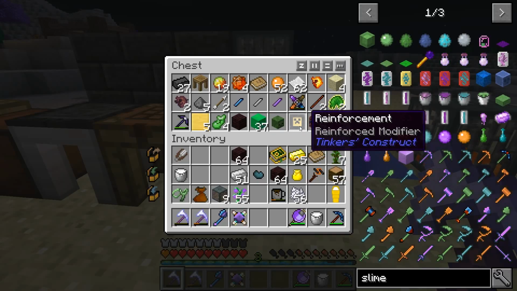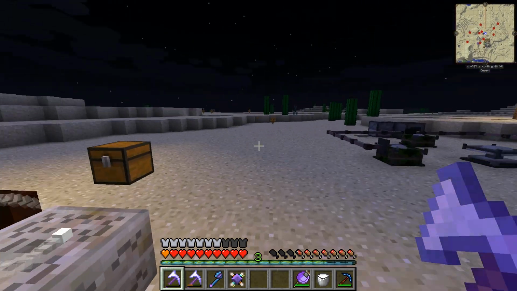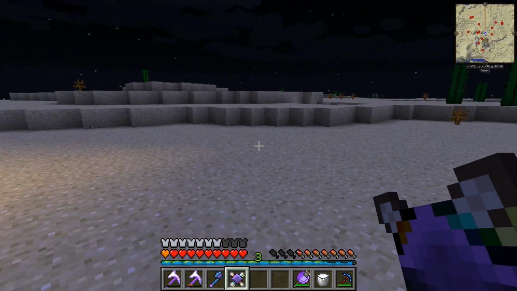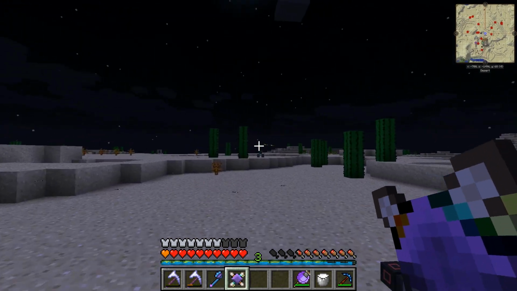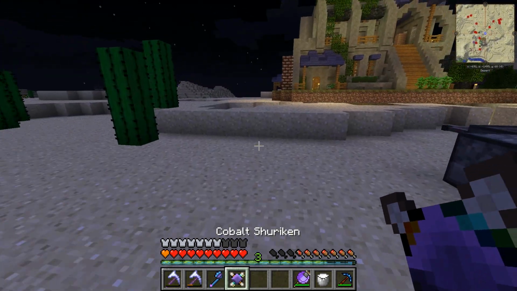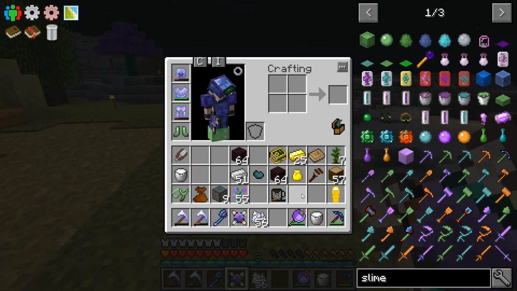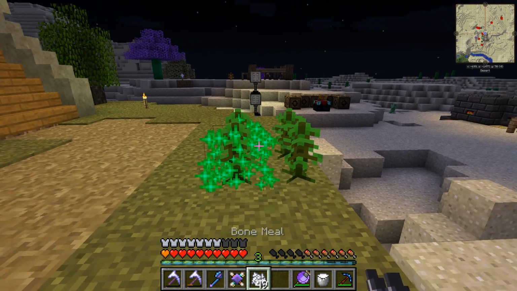Each one of them adds 20% to it, and you can go up to 100%. So this is totally unbreakable just by adding 5 of those, which is pretty crazy. You can make any tool unbreakable just by using up 5 of the modifiers. And so I also made an axe, a broad axe,